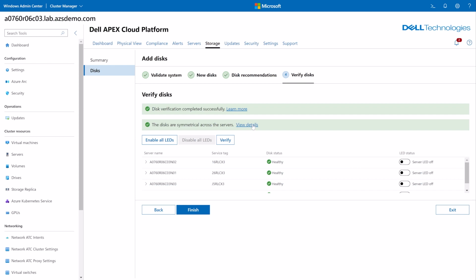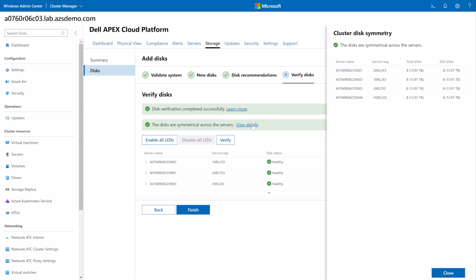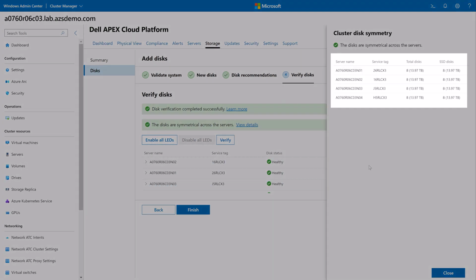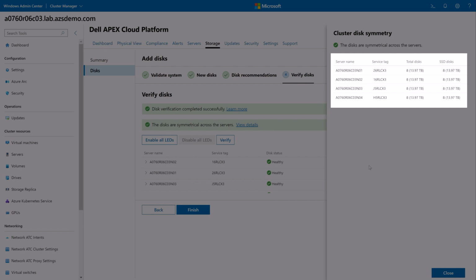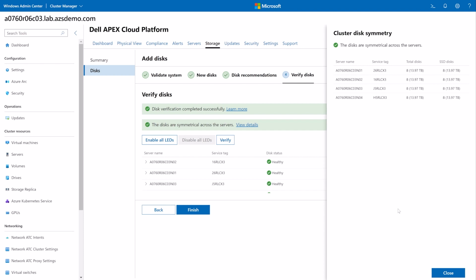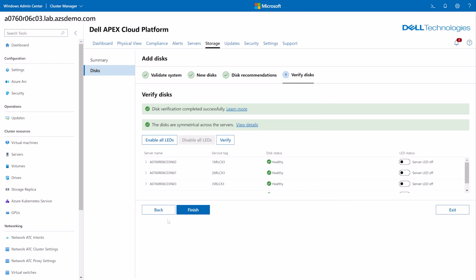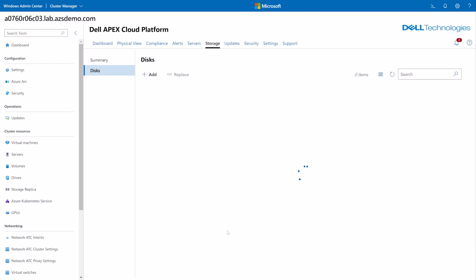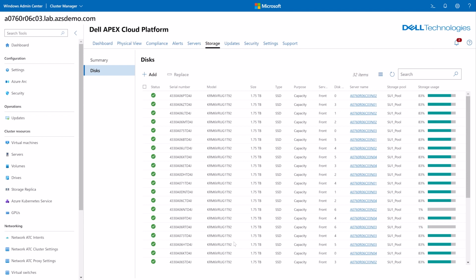I can view the details from this verification, which shows that I will have a total of 8 disks in each cluster node after the operation is complete. So I'll click on Finish and give that just a couple of seconds. And that's all there is to this. This page gets refreshed and I see that I now have 32 disks in the cluster.